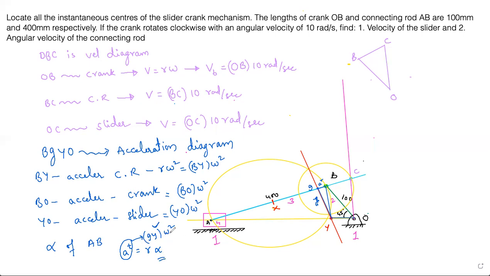So GY times omega square will give you this value. But if you are taking a scale in any case, you have to multiply by the scaling factor also. Scaling means if, instead of 100, you are taking 1 centimeter, it's not actually 1 centimeter. You are taking 10 centimeter equal to 1 centimeter, which means you are dividing by 10. So GY will already be divided by 10, so you multiply it by 10 to get the right answer. If you are scaling it, you have to descale it.